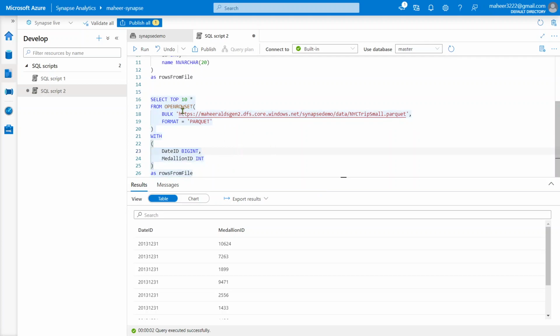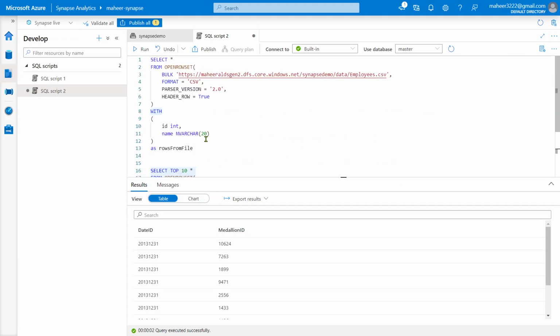Now you will be wondering, I am not using any data source object, external data source object, as I used in the previous videos, right? But still it is able to get the data. How that access is happening is because right now my Synapse Studio is connected with this ID. This Active Directory account ID has permissions on this storage and on this file. So that is the reason I was able to access this without any issue.